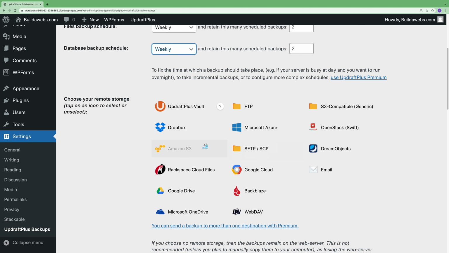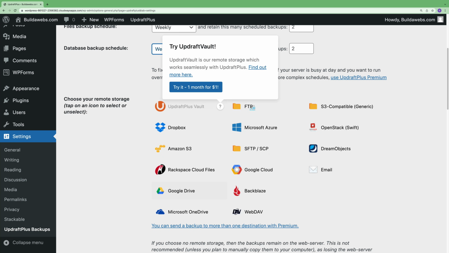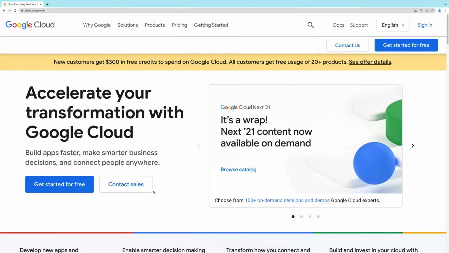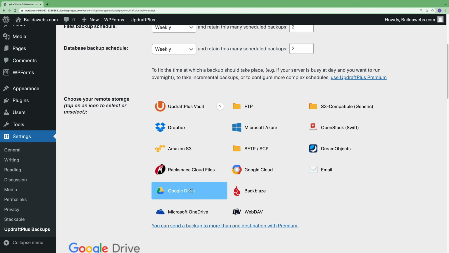And then the next thing to do is to link it to cloud storage. And you can get cloud storage through many of these for free, up to a certain amount of storage. I use the Google Drive because you can get 15 gig, and then all you need to do is set yourself an account up and head to here. I'll put a link in the description of the video, and then you basically just click on this, you go through a few steps, and then you've got cloud storage set up, and you go back into WordPress, you choose the drive that you want,